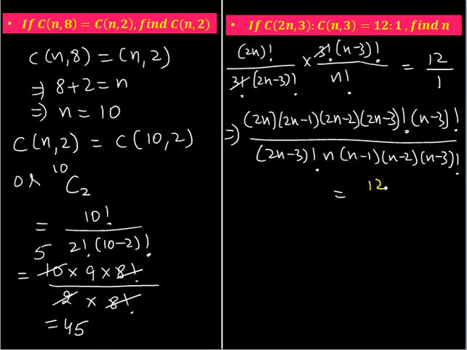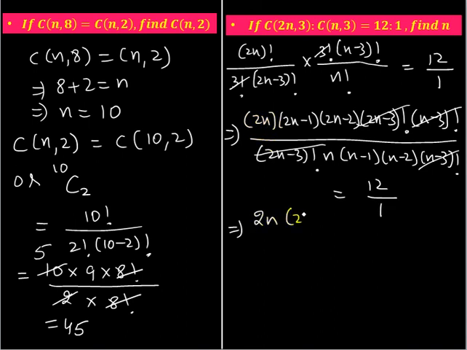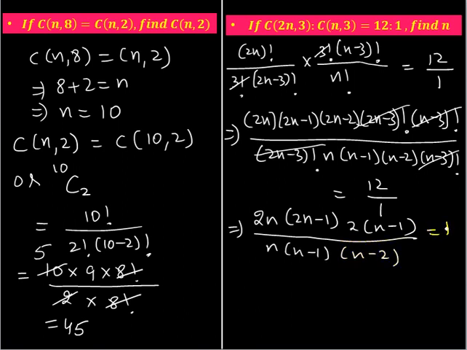And the right hand side is 12 over 1. So you can see we have terms here to get cancelled out. So 2n minus 3 factorial gets eliminated. Even n minus 3 factorial gets eliminated. Now see, all the terms are independent of factorial notation. This is 2 into n. Fine. Then it is 2n minus 1. In 2n minus 2, you can take 2 common and we are left with n minus 1 here. In the denominator, the leftover terms are n, n minus 1, n minus 2. The right hand side is only 12.